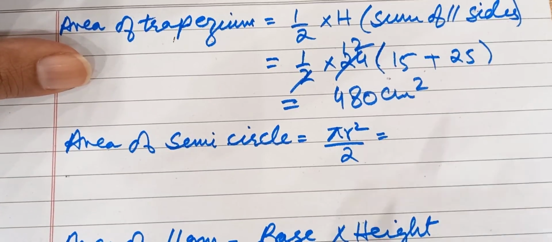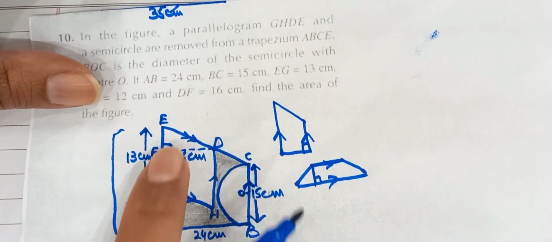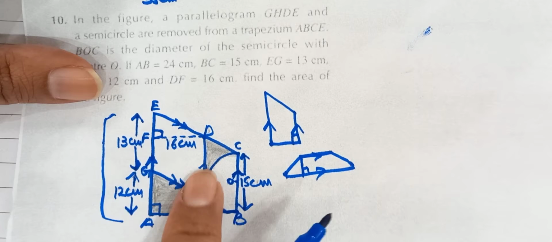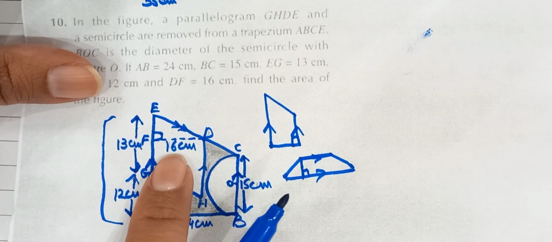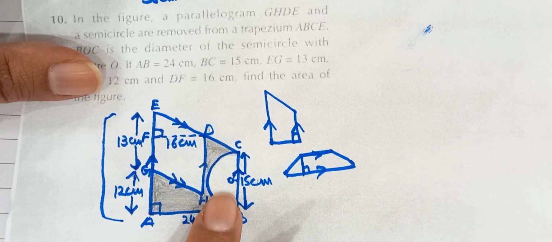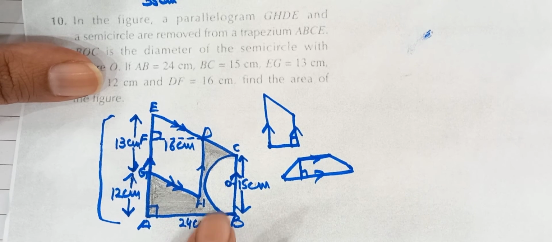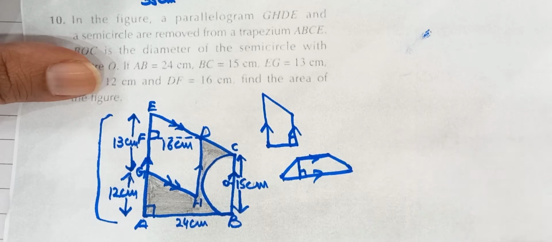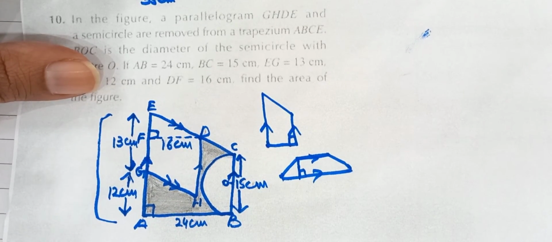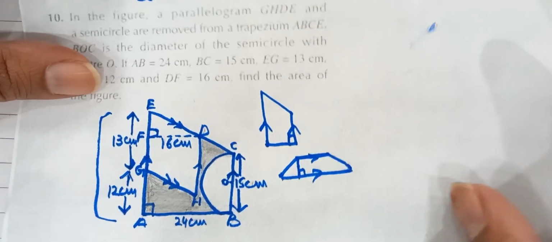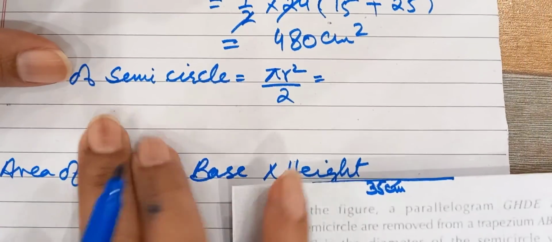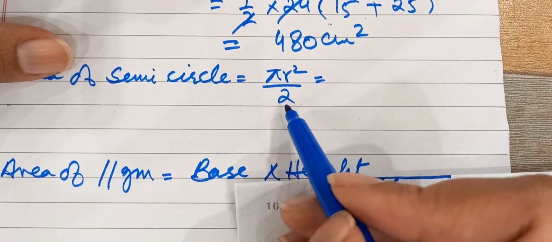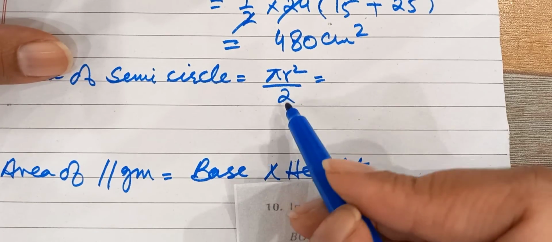square. Now this 480 centimeter square is the area of this entire trapezium. So I have to subtract the area of this parallelogram and the area of this semicircle from this area, so I will get my answer. Now the area of the semicircle: the area of a circle is pi r square. If I divide it by 2, I'll get the area of a semicircle. Semi means half,